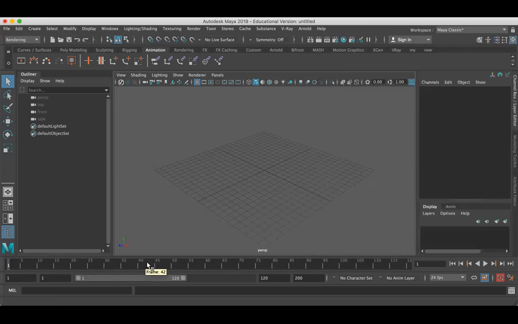Below you can find the time slider, which is useful for animation. It is similar to a timeline in your other software. And at the last you can find the playback controls, where you can play, rewind, and go to the next frame. All those playback controls you can find here, and below the time range you can find a range slider.